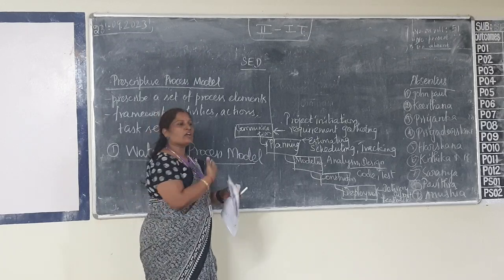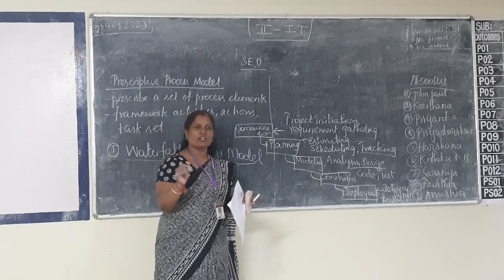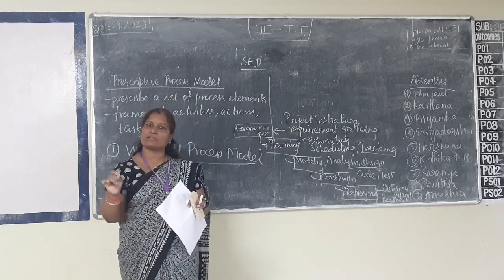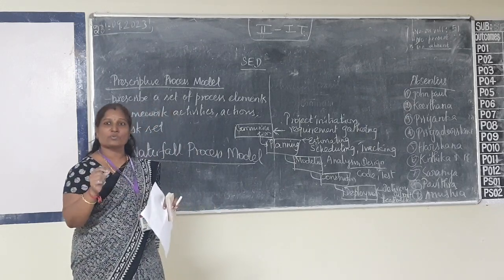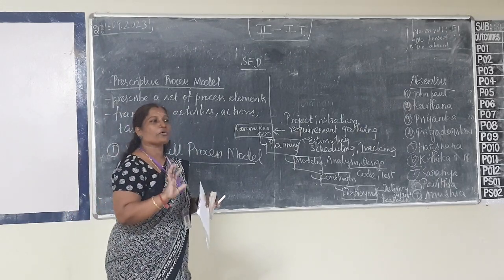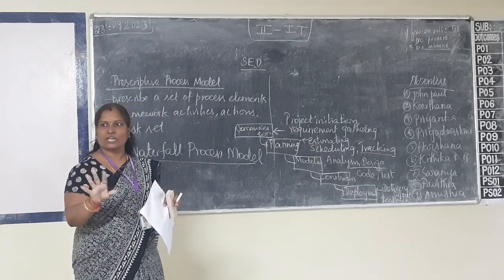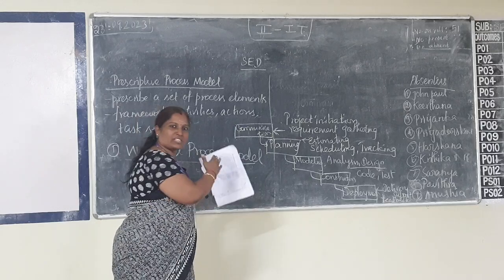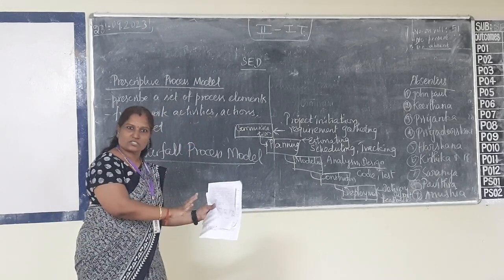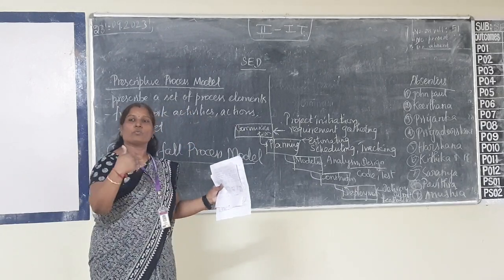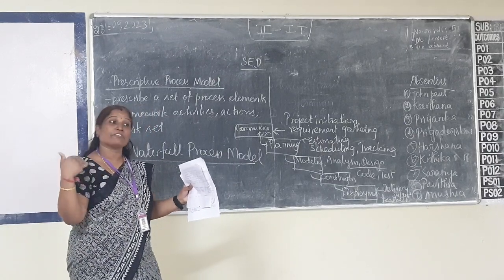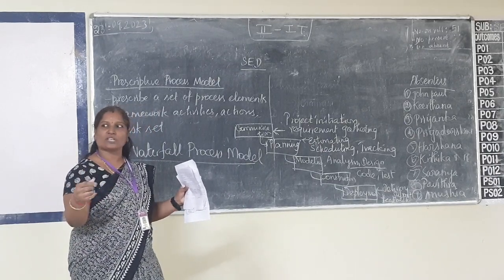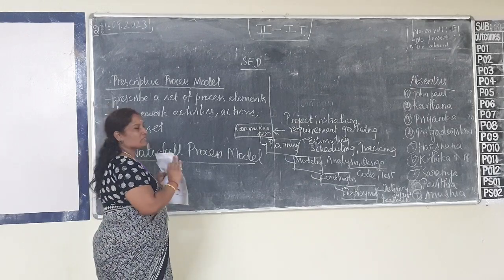So for a beginner, this waterfall model is very well suited. And if the project is very simple, this is suitable. Cost-wise also it will be less, because we don't make any other corrections. Suppose any modification needs to be done, with this set I cannot do it. I will just keep it aside. Once again I will do it in a fresh manner only. That is called the waterfall process model.